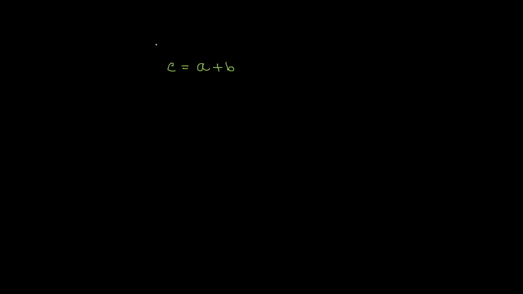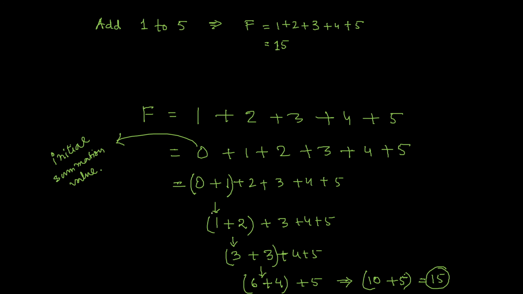Next time, it must be in a loop somewhere, somehow. Next time when these statements get executed again, this A should contain 1, because for the time being this is representing A and this is representing B. Next time, this is A and this is B, and then this is A and this is B. So when A is 0 and B is 1, I have got this result in C.